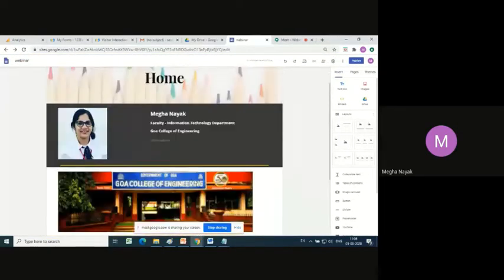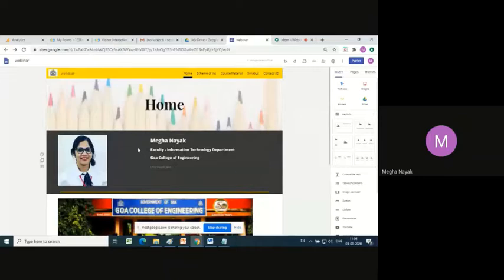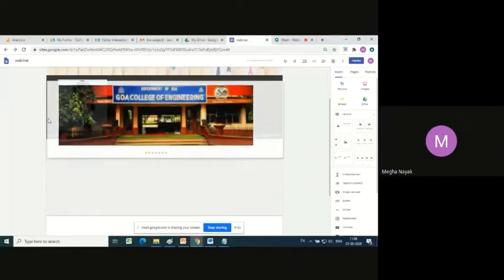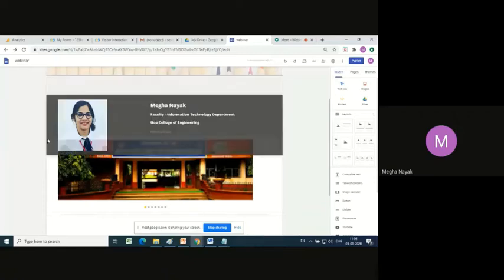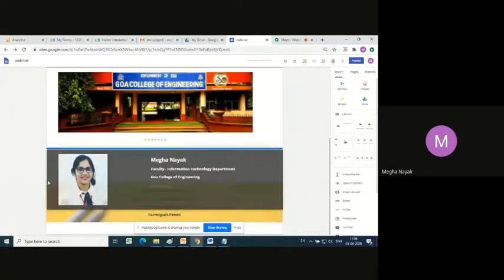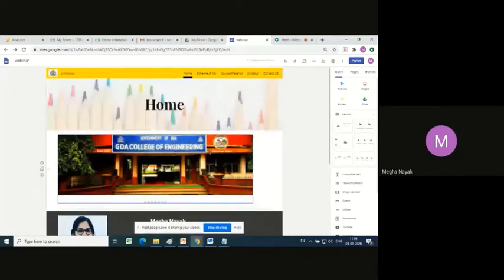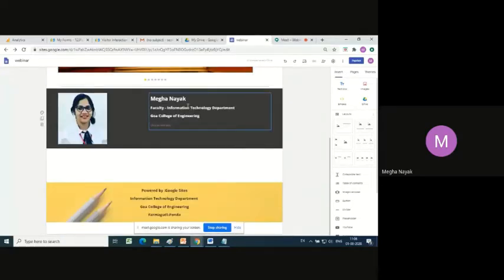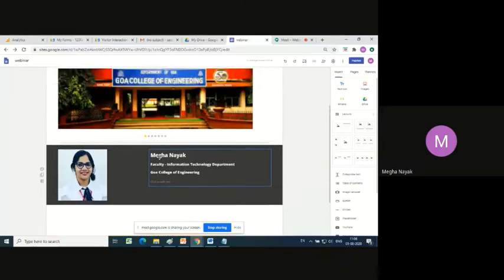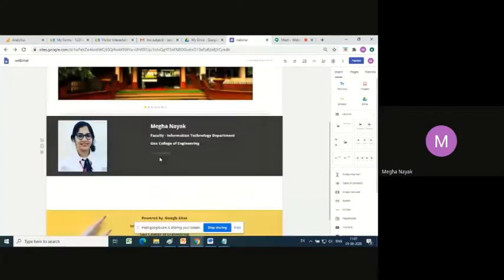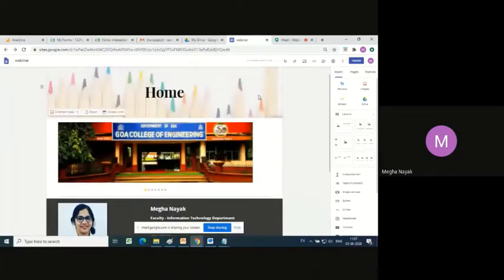Now, if you wanted this image carousel on top and about the person at the bottom, you could just click over here and move this. Can you see the image carousel is on top now and about has come towards the bottom. All right, now how to insert images. Now this is all with my front page. I don't want to do anything more with the front page.